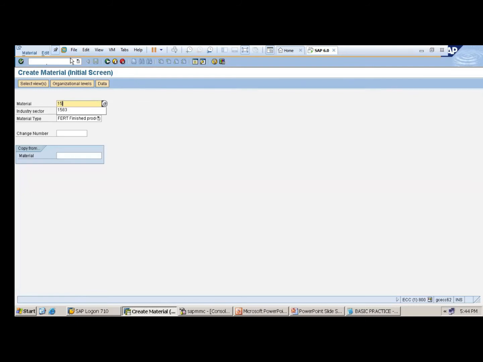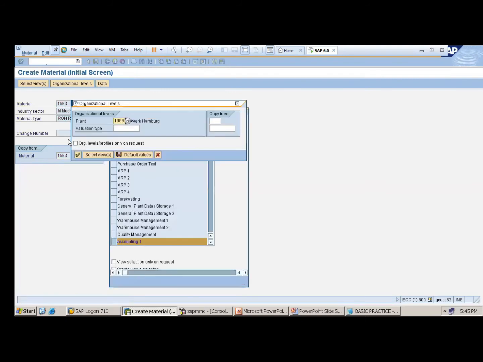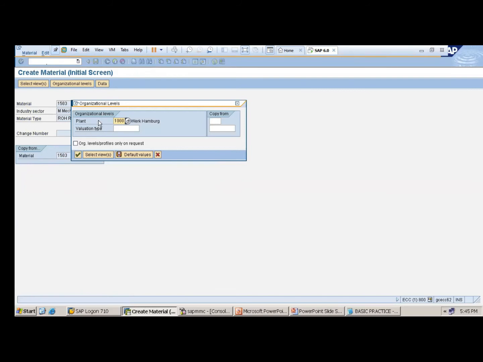So 1503. You can see it: copy from, this is the material. Copy from what? The same number, 1503. Enter, enter, enter. For which plant do you want this material? I want 1100.